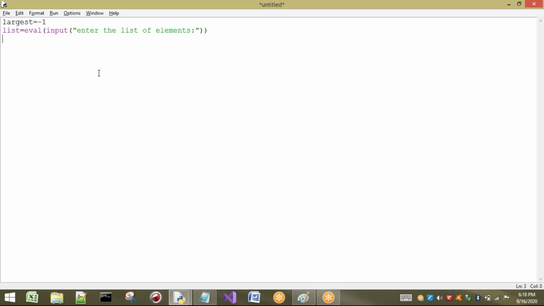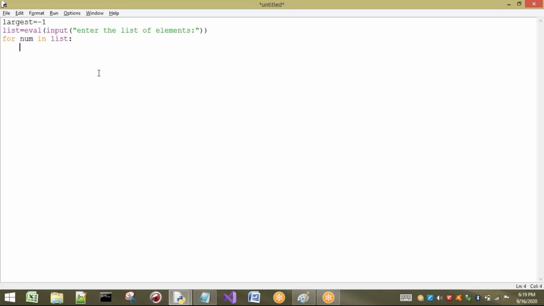After that, I have to compare all the elements in the given list. In which way do I have to compare? For all the elements in the list, I have to take, from the list, every value in the list. So I write: for i in list. Or if you want to be clearer, in the before example I had taken value, now I will take some num. Anything you can take, no problem.